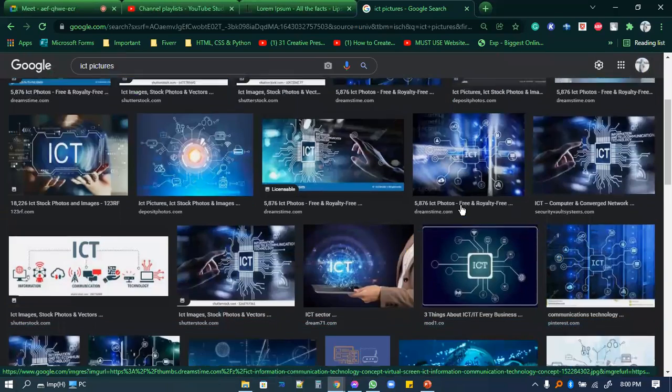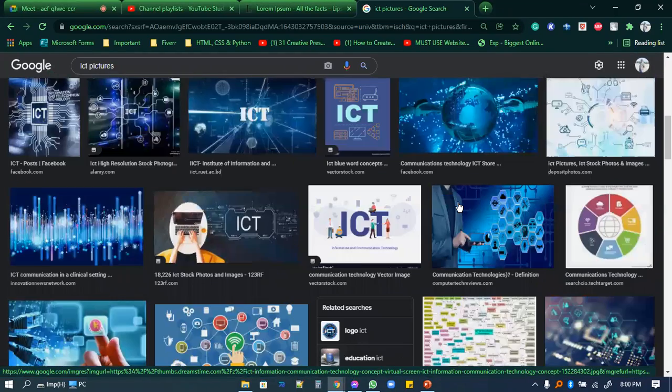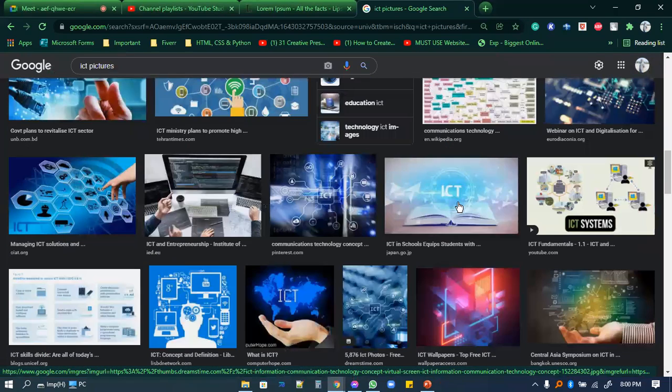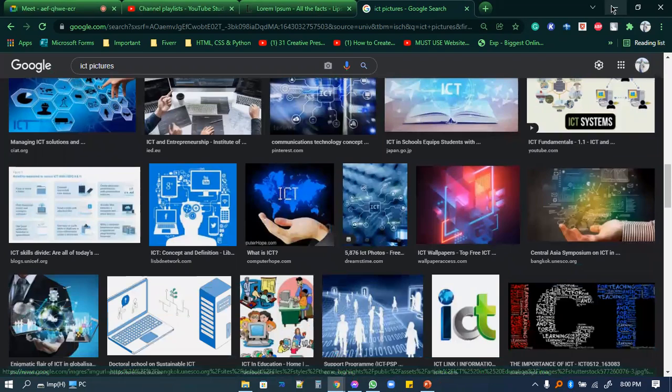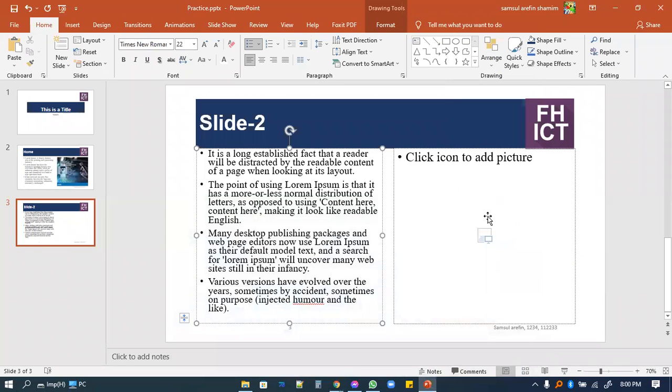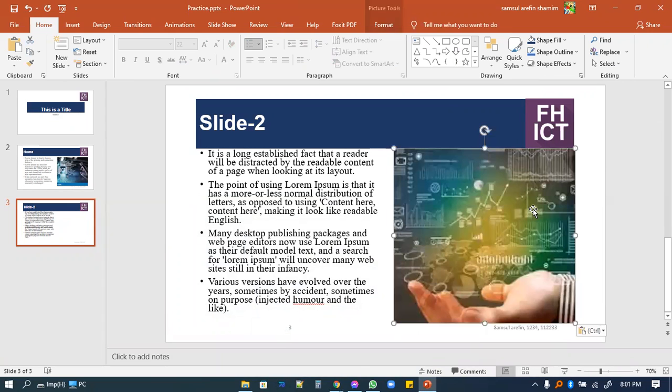Which one? Let's choose this one. Paste it. Oh, sorry, I didn't select it. Now paste it. Okay, so